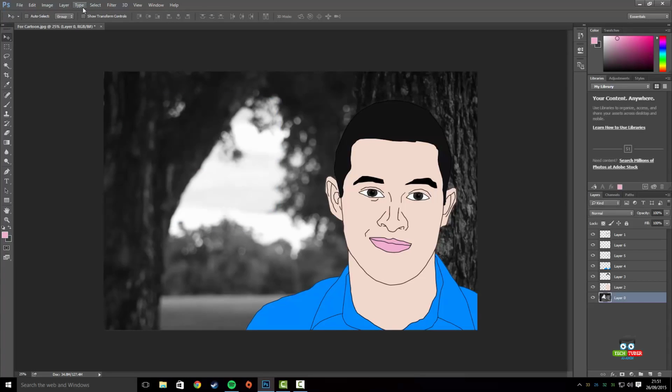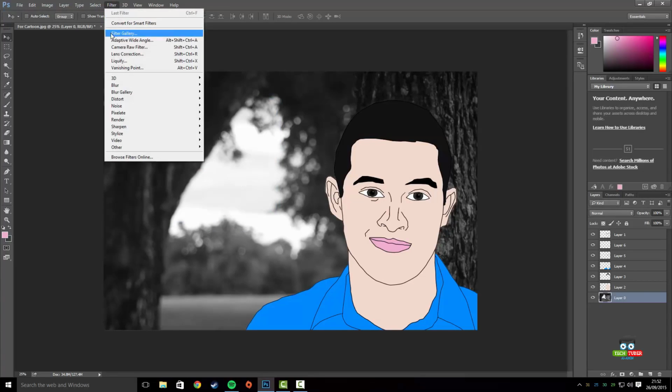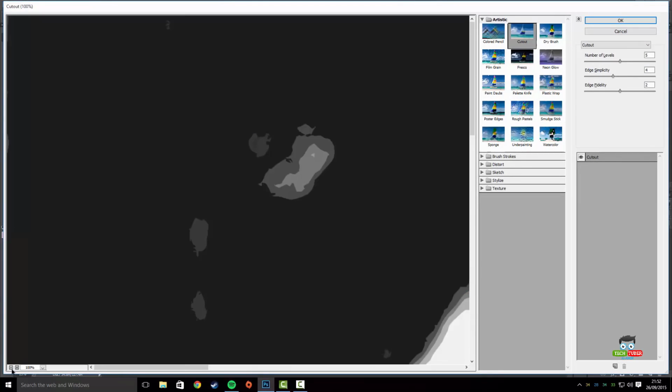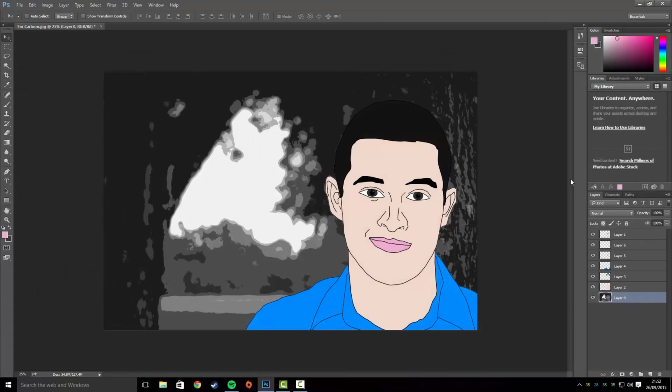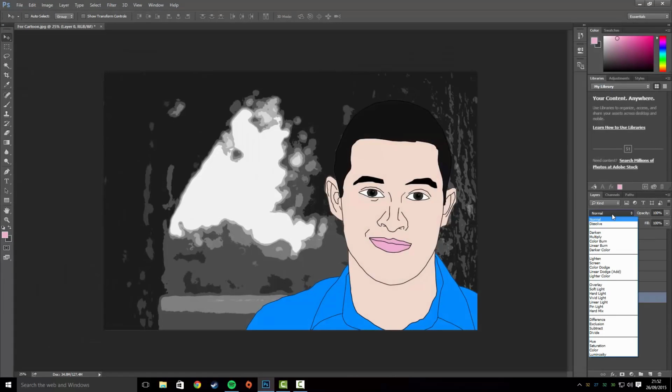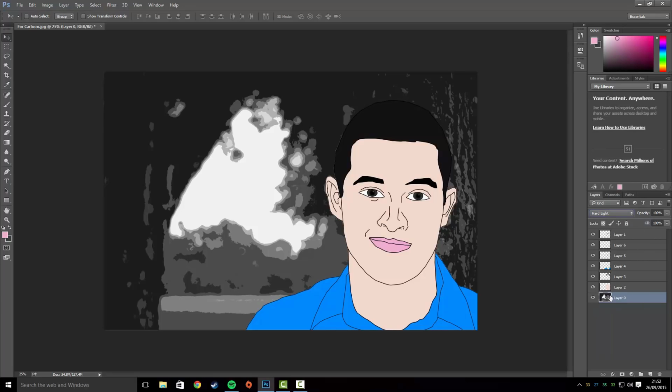Then you want to go to filter and then filter gallery, and then I'll just zoom out here for you so you can see what's going on. And then you want to go on artistic and cutout, and then you can change this on the right hand side to whatever you want, then just press OK. Then you want to set this to hard light, and then drag this layer right up to the top,